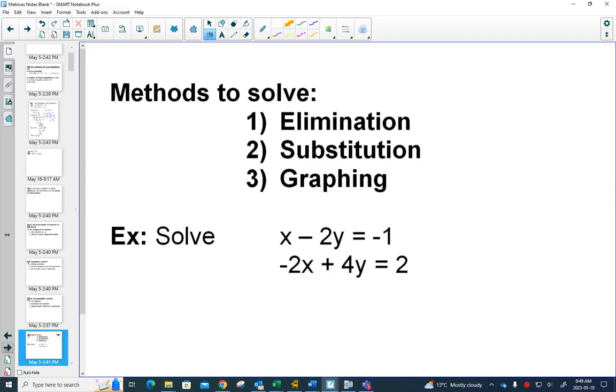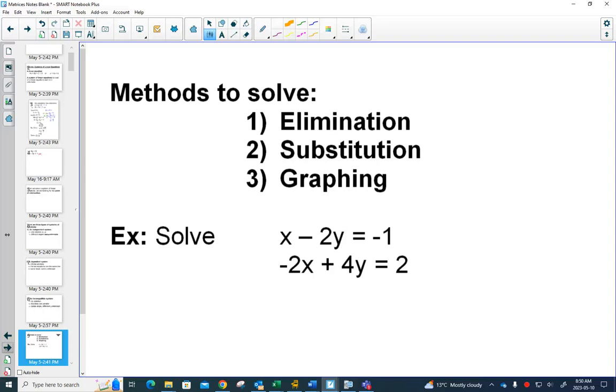Oh, you can also solve things if you want to use Desmos or a graphing calculator. You could type them in and then find out where they intersect. So graphing, I would say, is only helpful if you're using technology. Sometimes you can solve something with graphing, but then you only find the solution if it works out at a nice point. The first one that we did with 13 over 11 and 14 over 11, if you graph that,